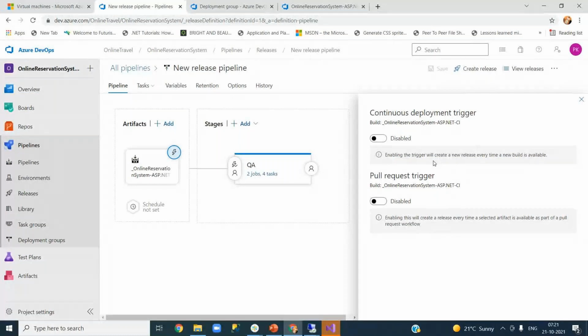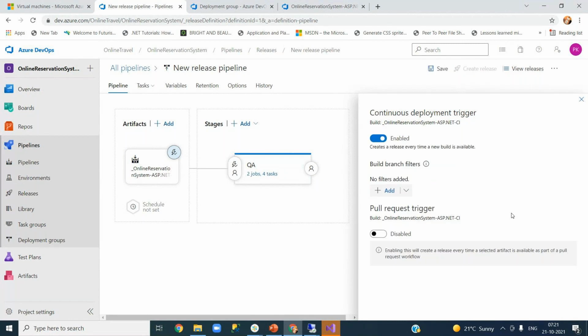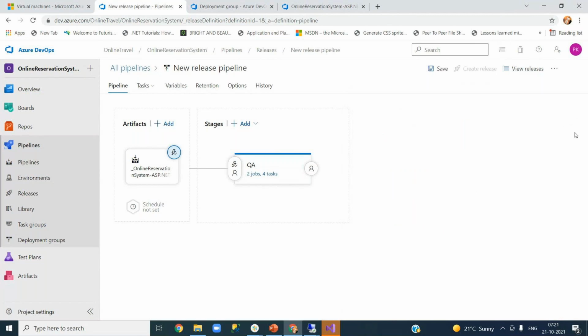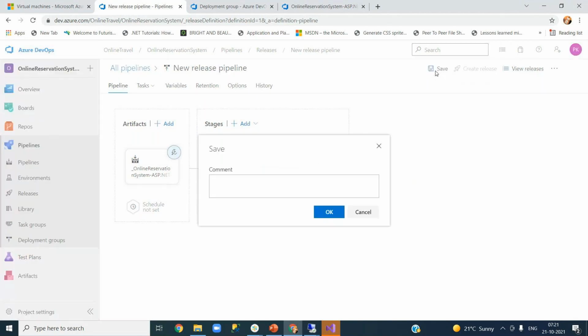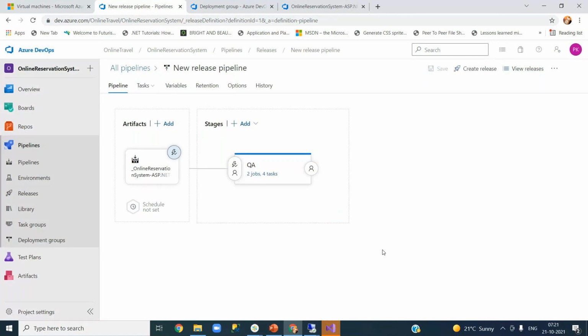There are multiple options, one for pull request, one for regular. Enabling this trigger will create a new release every time a new build is available. That means as soon as the CI pipeline is completed and artifacts are ready, this release pipeline will be triggered automatically. I don't need to click basically. No branch filters. Any build that is there, just trigger the release pipeline as well. I enabled the continuous deployment trigger as well. Just save it. Now the expectation is that,